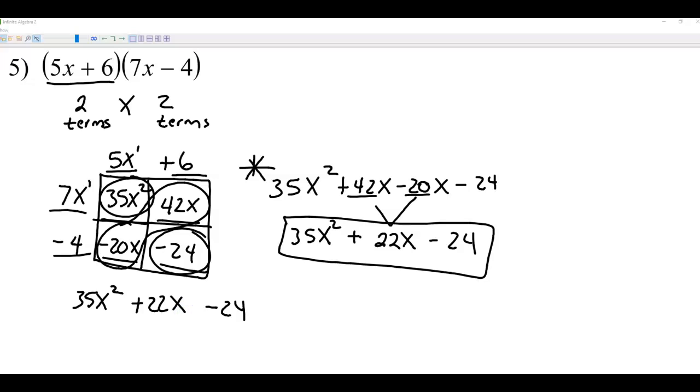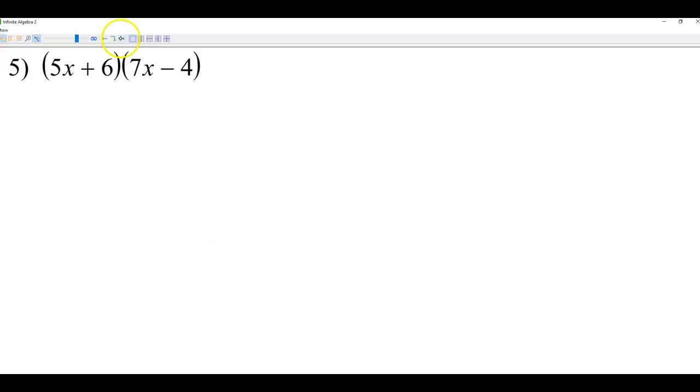So that's the box method. I started off by looking at how many terms I have. 2 and 2. That tells me how big my box is. Multiply to fill in the box. Combine any like terms, and you're good to go. All right,